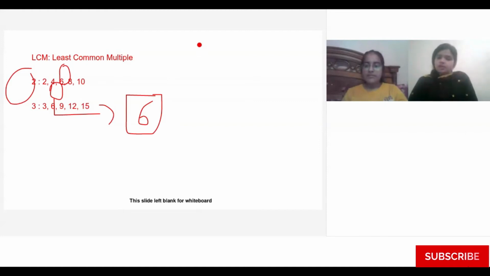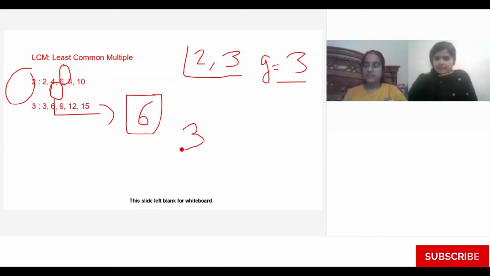You said you already have the code where you can get the greater number, right? So basically we're having things like this, 2 and 3. Whatever greater number you are getting, we'll store it in some variable, suppose G. That this 3 is my greater number. Now every time, with this greater number, we'll divide these two numbers individually. So 3 by 2 and 3 by 3, and when we are dividing, we are taking the remainder into consideration. So which block will we use for getting the remainder, Lavanya? Mod. Wow, awesome. Yes, that's correct.